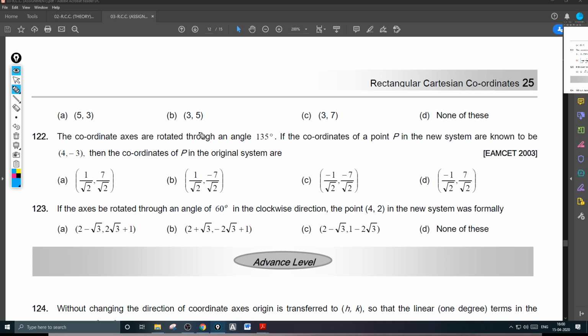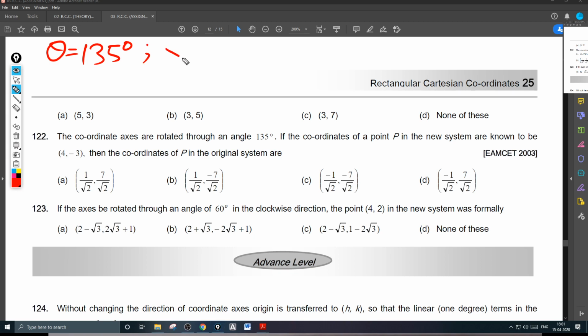The coordinate axes are rotated through an angle of 135 degrees, that is theta is 135. If the coordinates of a point P in the new system are known to be (4, -3), then the coordinates of P in the original system are,